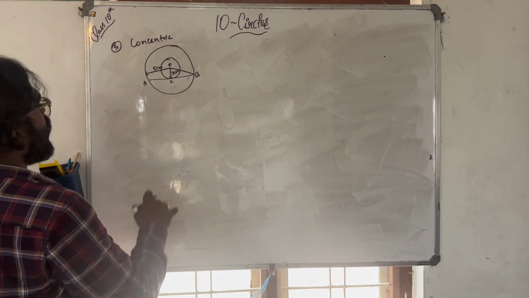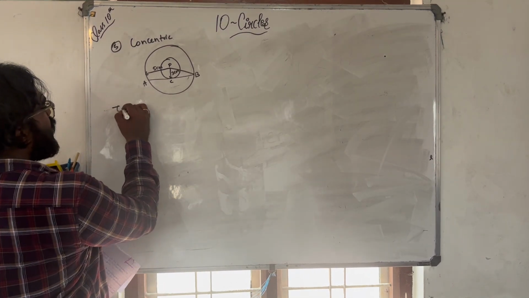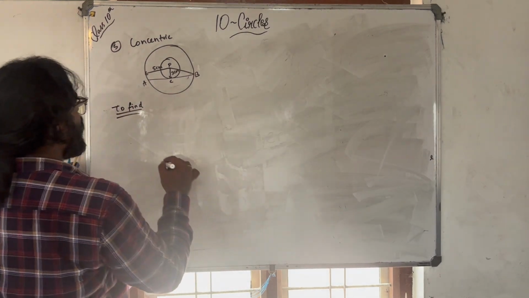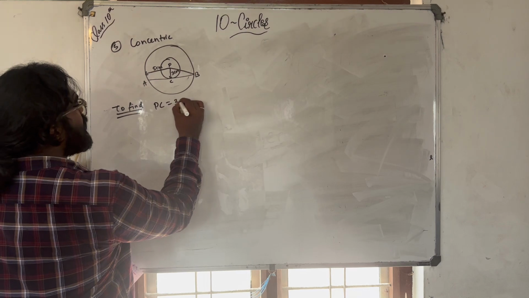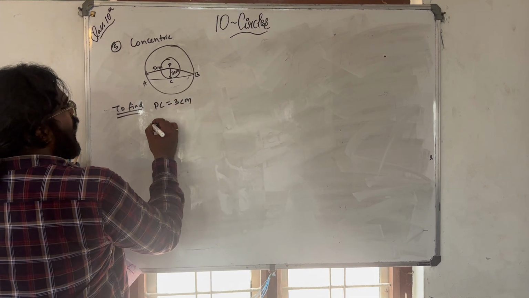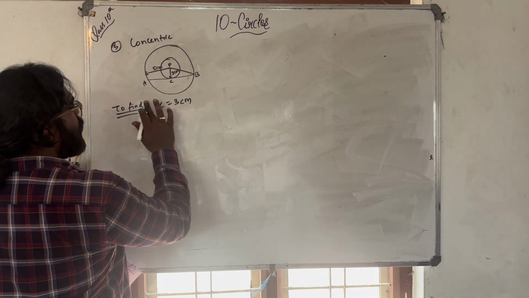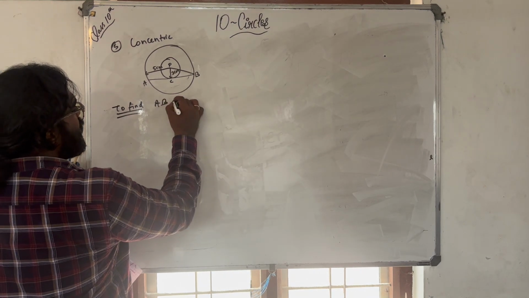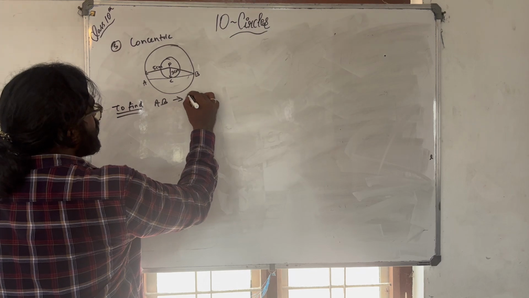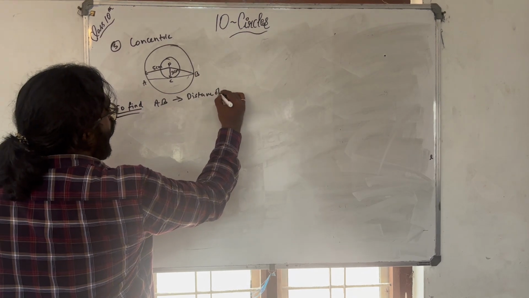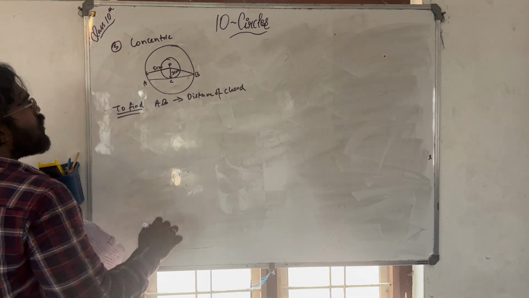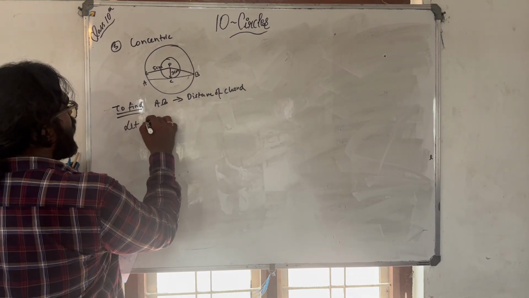So I know. So what to find? अभी समझ में आया होगा आपको क्या करना है. तो रिवाइंड करके देखिए क्या बोला मैंने अभी। तो मुझे पता है PC कितना है, 3 सेंटीमीटर है, राइट। एंड लेट नो नो नो, ये टू फाइंड लिखा है, टू फाइंड AB है, राइट। दैट इज द डिस्टेंस ऑफ कॉर्ड, डिस्टेंस ऑफ कॉर्ड। समझ में आ रहा है आपको, आई बिलीव।